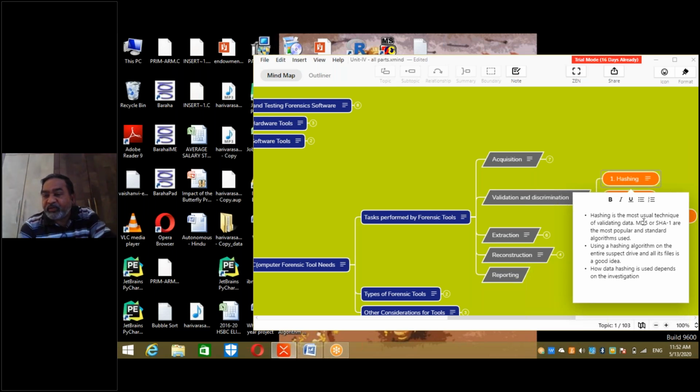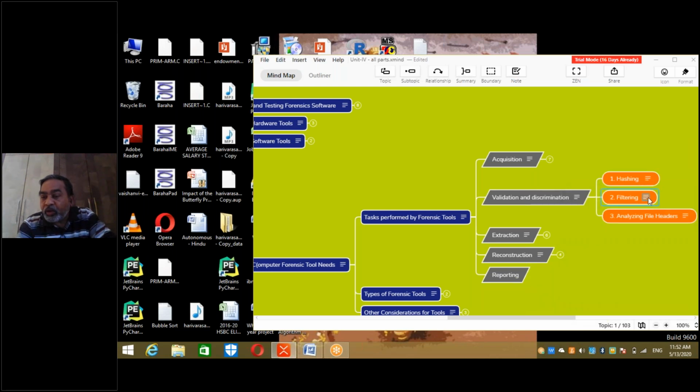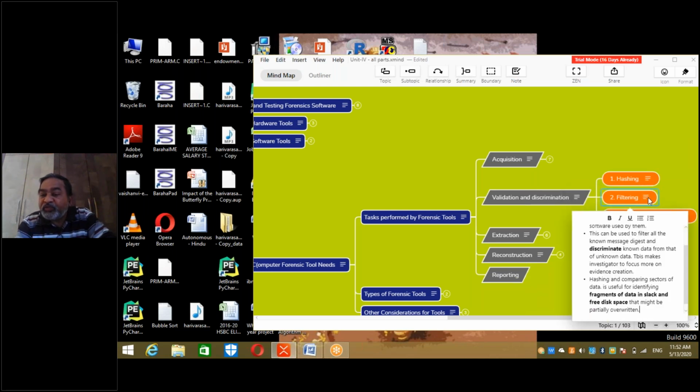Next, second activity after hashing: filtering. Now, what is filtering? It's nothing but discrimination. We already discussed. Hashing and comparing sections of data is useful for identifying fragments of data in slack and free disk space. Now, when you are taking the entire disk space, you are also taking from volatile.